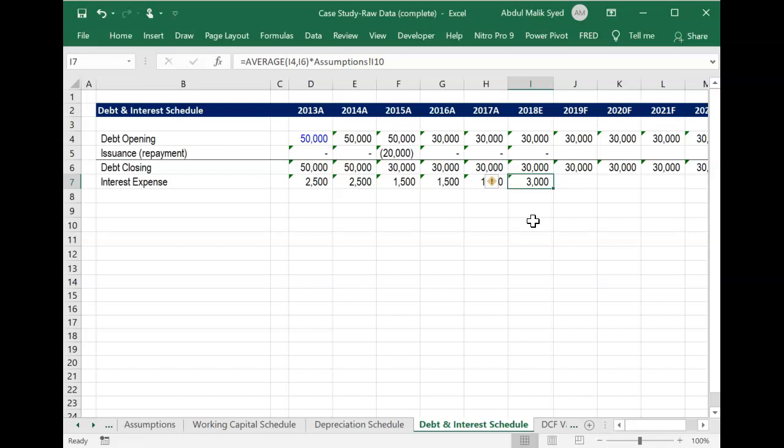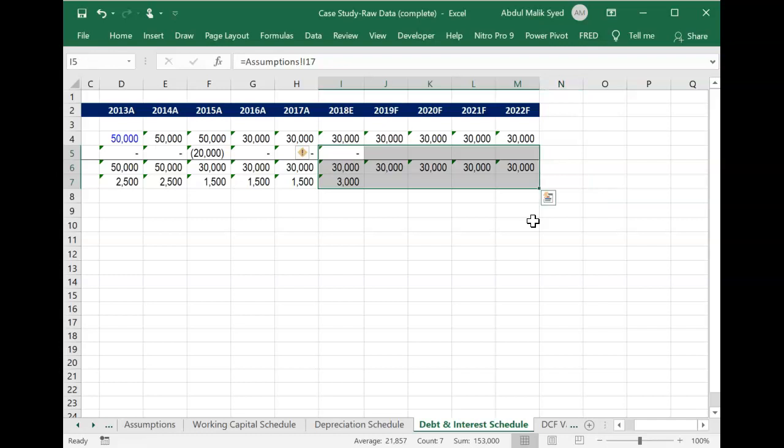Okay, so then we can copy these two things. Okay, now it's picking minus 20,000, so 30 minus 20 is 10. Yeah, it works. So with this in place, now we can move on to the